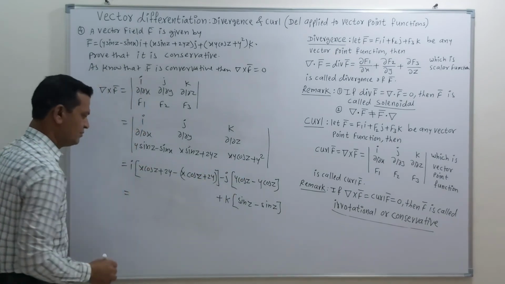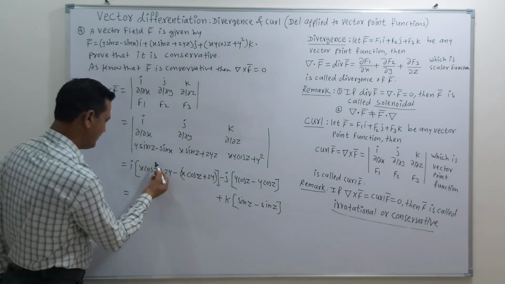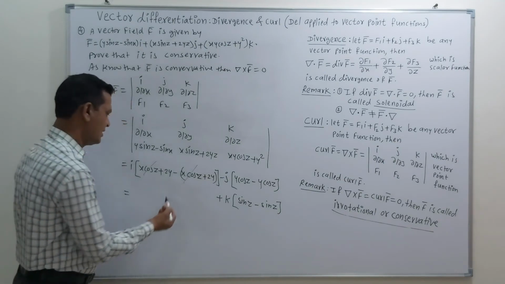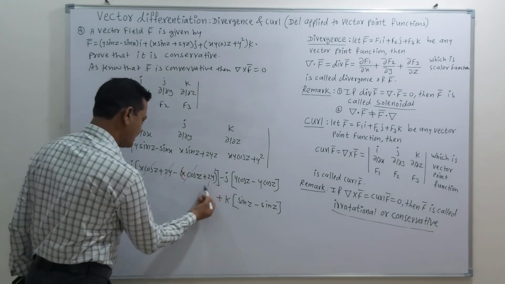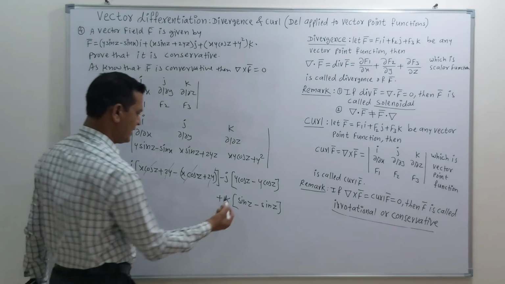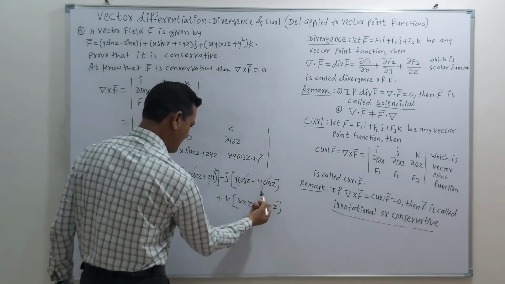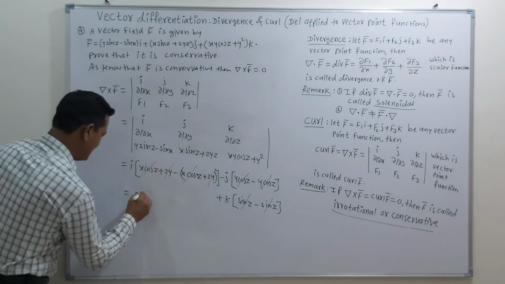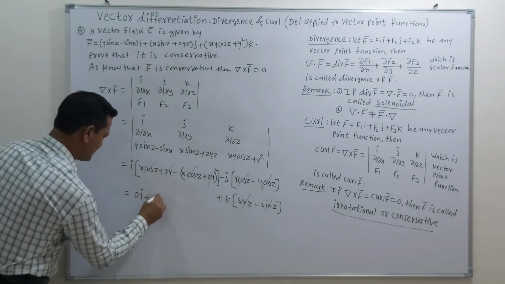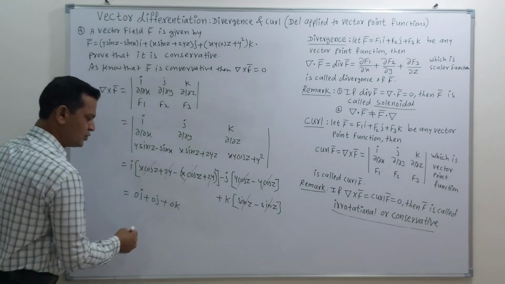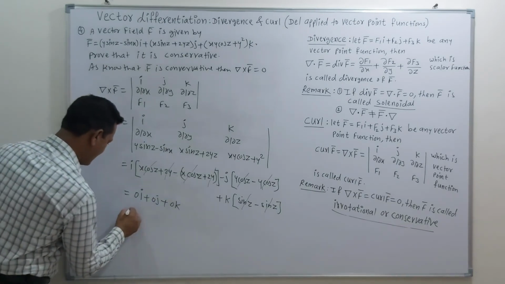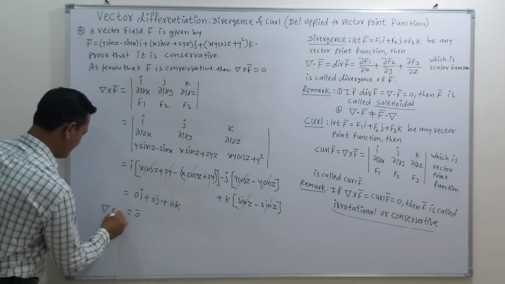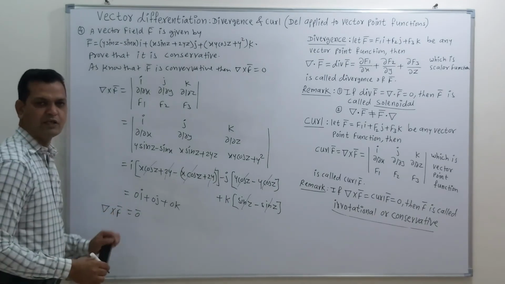Now friends, our next aim is to simplify this. So if we try to simplify this, then this is plus cos z, this is minus cos z, again this is plus 2y minus 2y because of this sign, and then again here this is plus and minus, this is plus and minus, that means all terms will get cancelled, and finally we reach the answer 0i plus 0j plus 0k. So this is the zero vector, so we can write this as 0 bar. That means the value of del cross f bar is equal to 0.